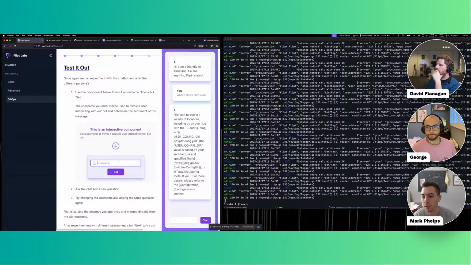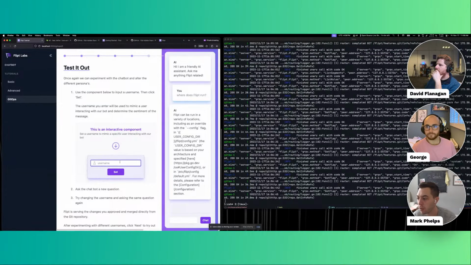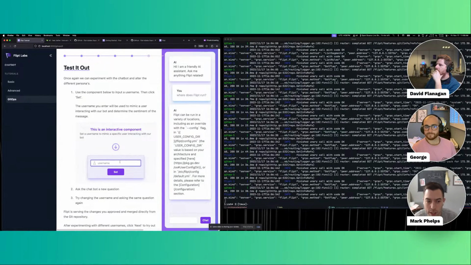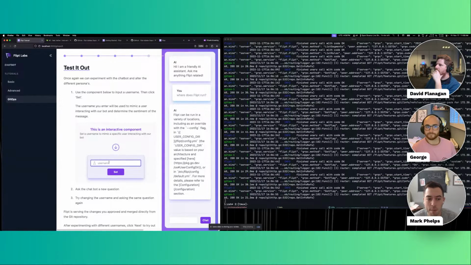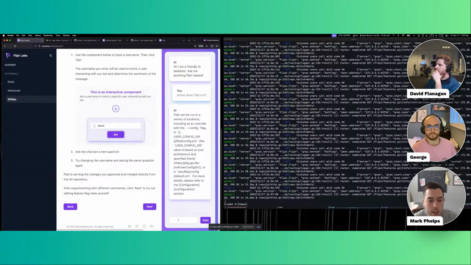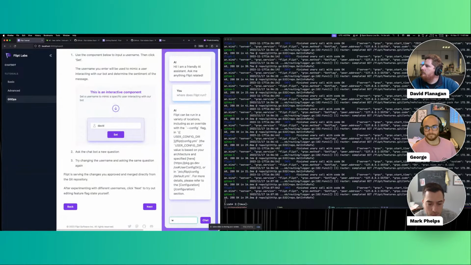So we always want to make sure that the same user gets the same variant of chatbot, because it would be weird if all of a sudden you're talking to a friendly chatbot, and then all of a sudden he starts to get all like sassy on you, right? And so the way we're demonstrating that is via this username field. And so I'll just say my username is David, and then I'm going to ask the chatbot questions like,